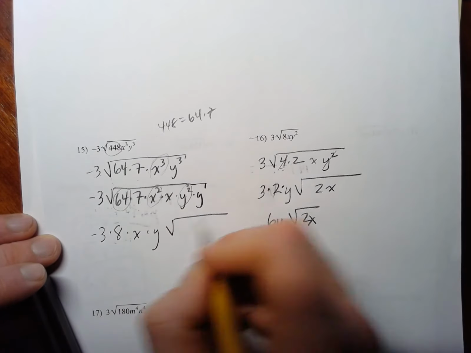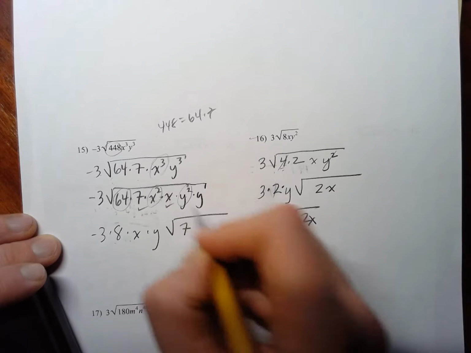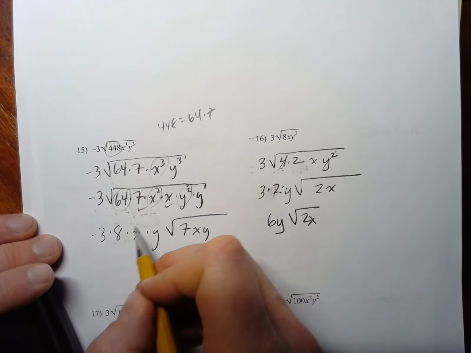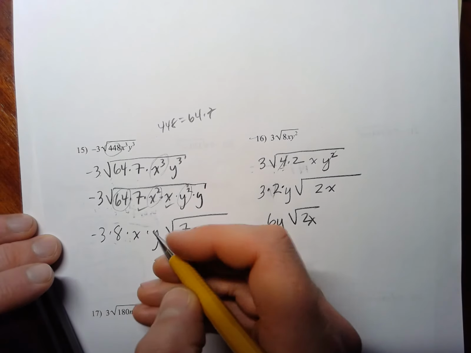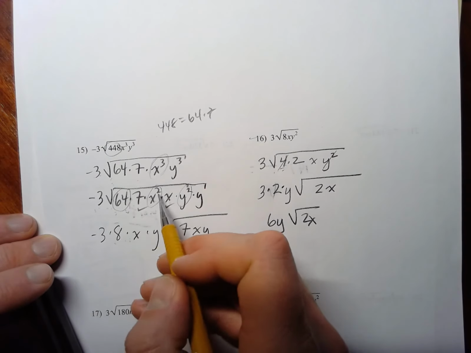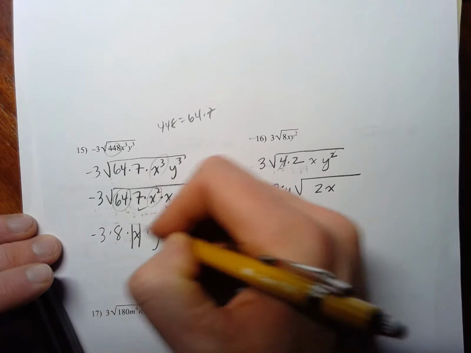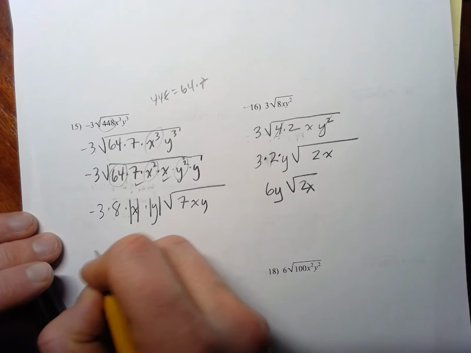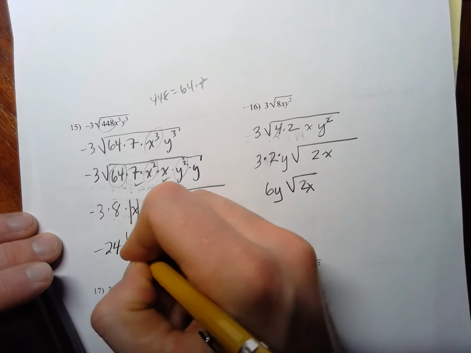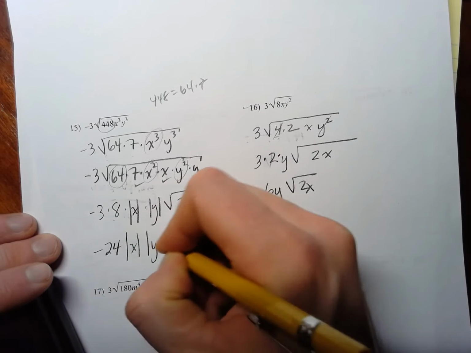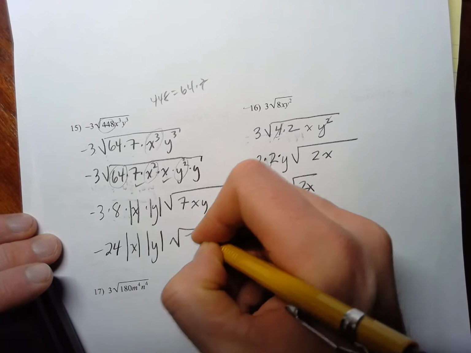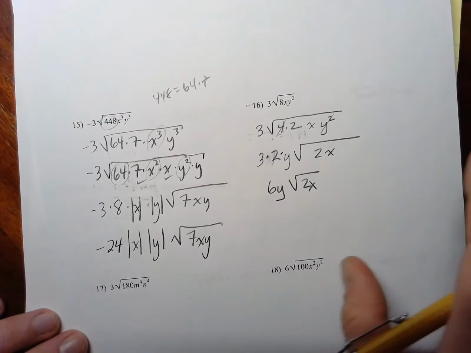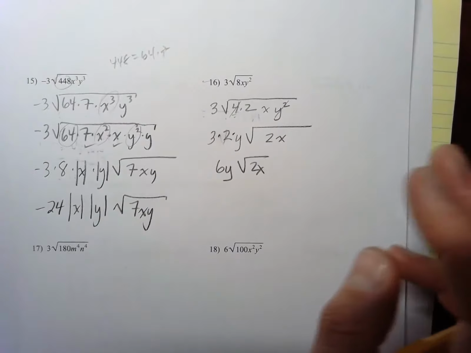And what do we have left? We have the 7, we have an x, and we have a y. So now this x and this y, in order to ensure that our cubed gets back here, we have to make these absolute values of those. Okay, so we have negative 24 absolute value of x, absolute value of y, and 7xy. Lastly, we're going to look at